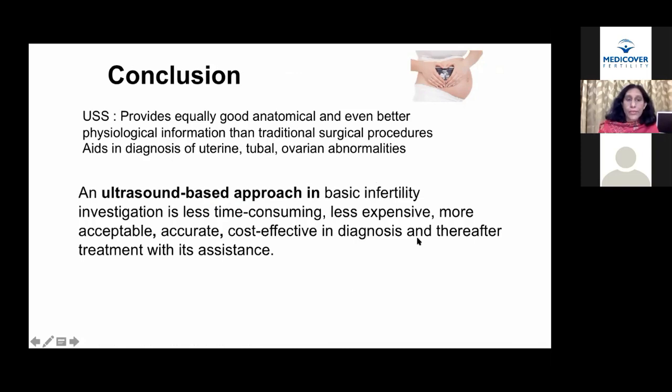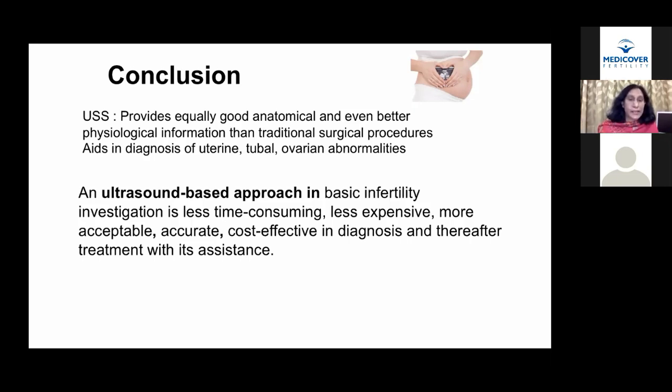So in conclusion, the transvaginal sonography gives good anatomical and even better physiological information than traditional procedures in females. It aids in the diagnosis of uterine, tubular, and ovarian abnormalities. An ultrasound-based approach in basic infertility investigation is less time-consuming, less expensive, more acceptable, accurate, and cost-effective in diagnosis and thereafter